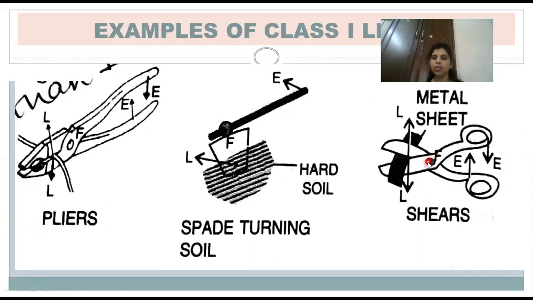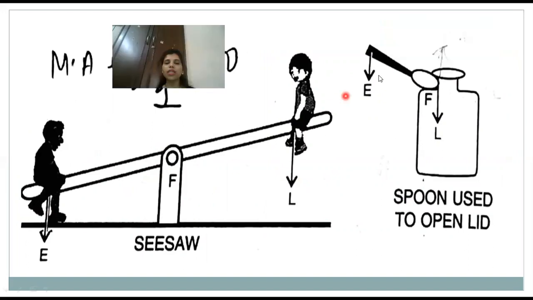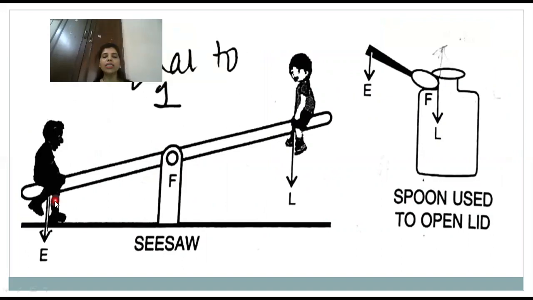Again, shears. Here you can see the fulcrum is at the center, effort and load are on either side. So this is again a class 1 lever. Here you can see the fulcrum is at the center, load and effort are on either side. So a seesaw is a class 1 lever. Now when you're talking about a seesaw, if they tell you about the load arm and the effort arm, which I'm going to talk about in the next slide,